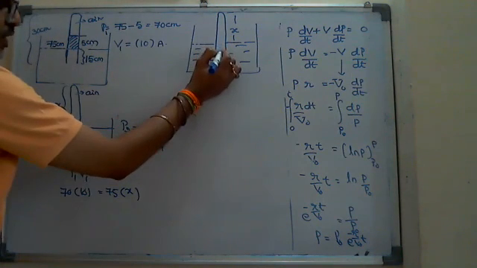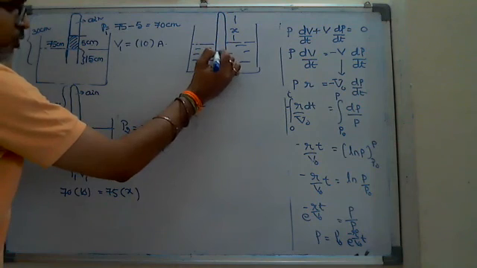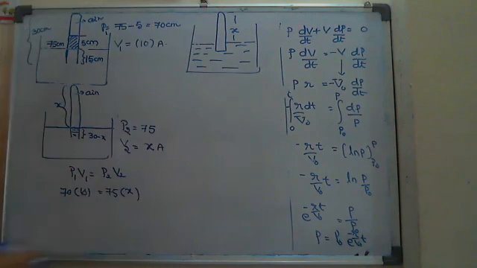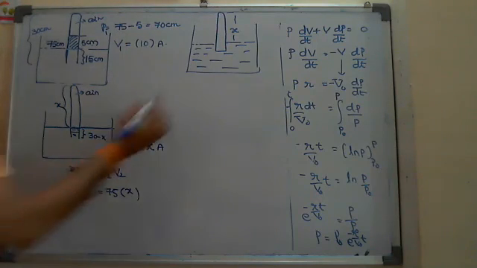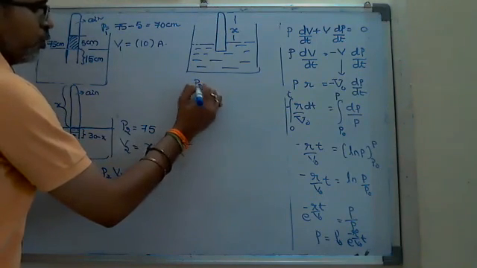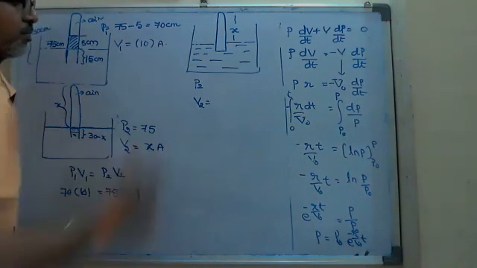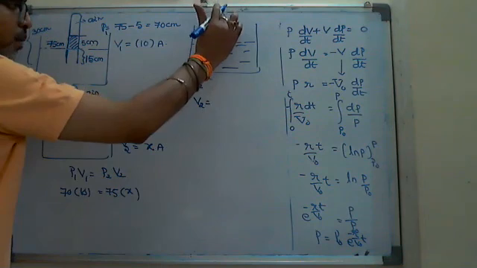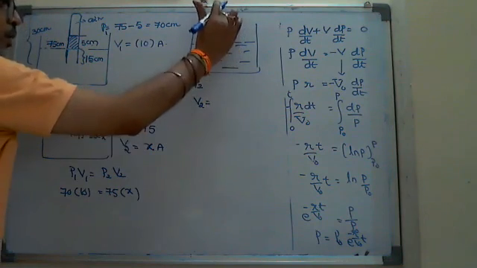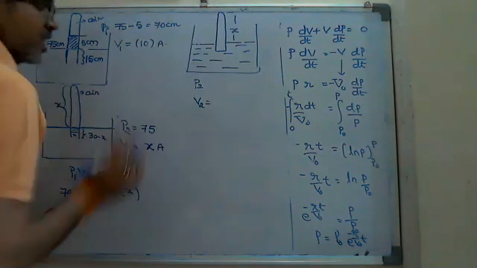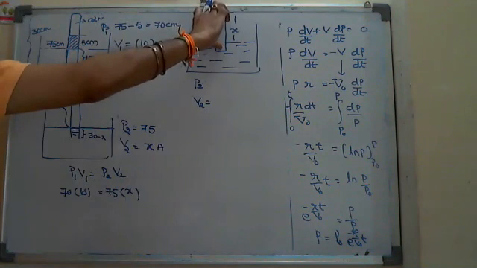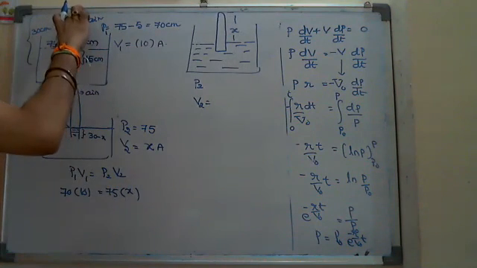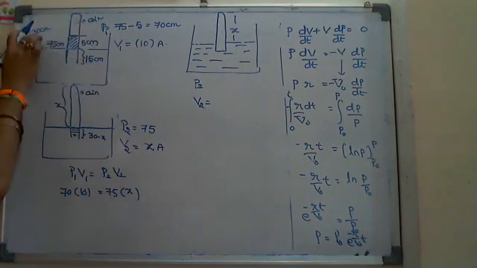So in this case, if the liquid level drops completely to the other end of the tube, means the open end of the tube, it is very simple. Same thing, P1 V1 we know. If you are able to write P2, then you can find out V2. What do I have to write for V2? The total tube is filled with air. That's why for V2, don't write x. V2 is equal to the volume of air, the total length of the tube, which is 30.